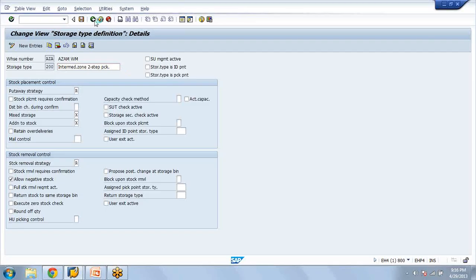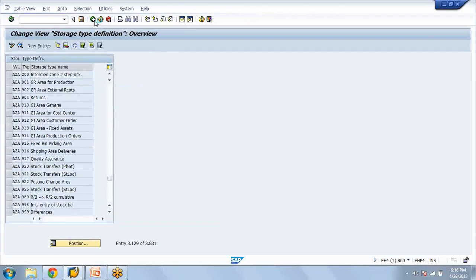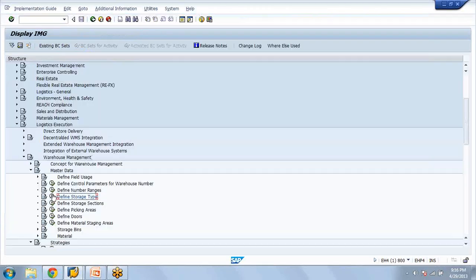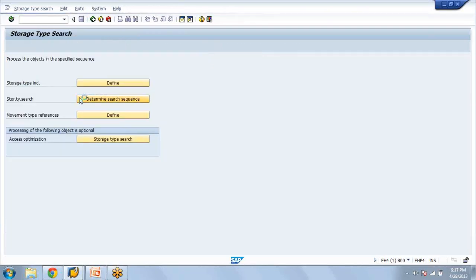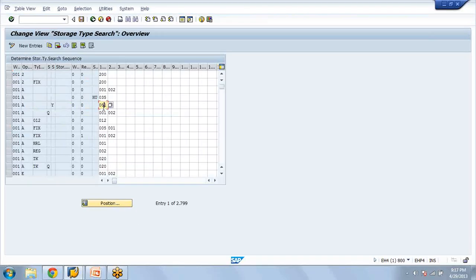Actually, this 200, when I copied it from some standard, for this two-step picking we should define a strategy, even for two-step also. So when it is copied from some standard, it has given as 001. Sometimes that was an issue I was facing that day. Now what I've done,